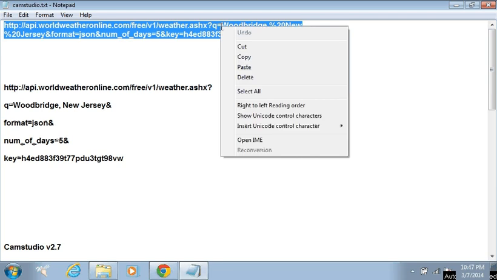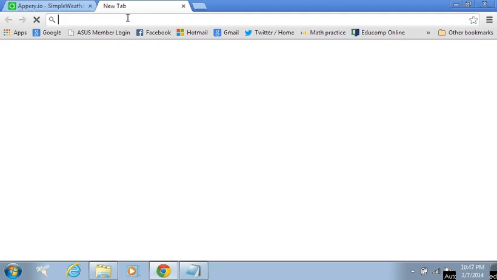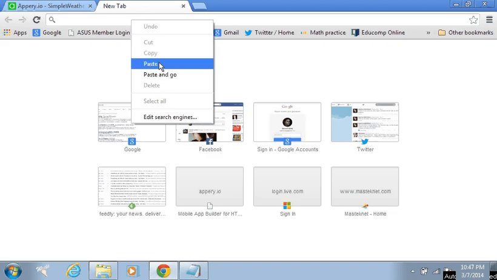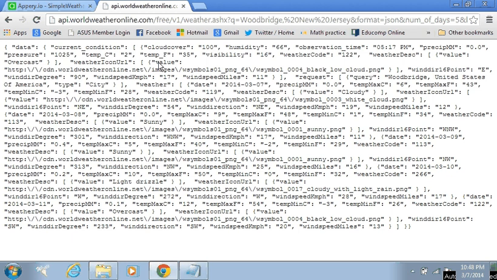I'll be using this URL, and I'll just go to the browser and paste this URL. The city that I've chosen currently is Woodbridge, New Jersey. As you can see, the World Weather Online service returns a JSON object containing weather data for the future 5 days. And this is the service that we'll be using in our mobile app.